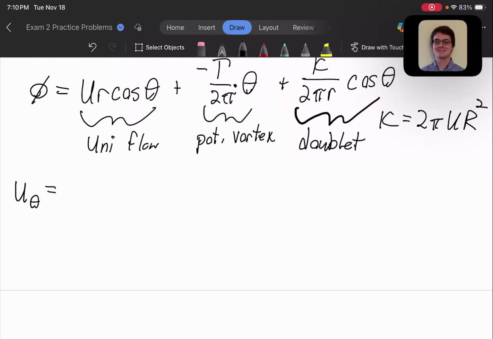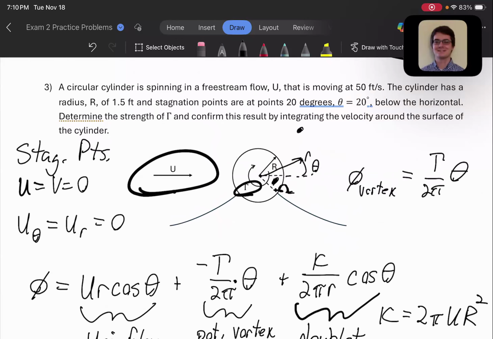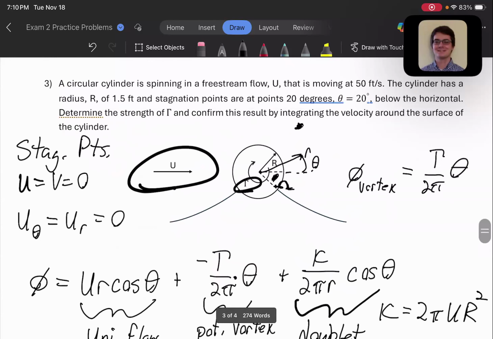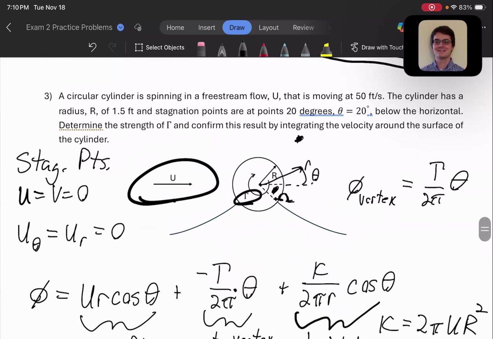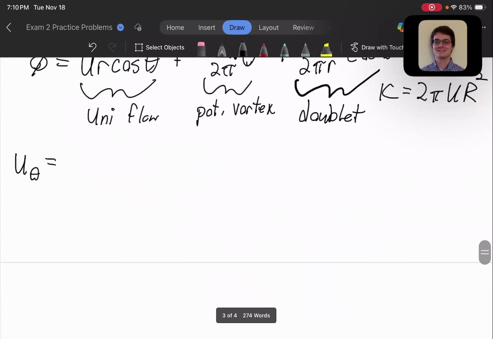Yeah, it's only the case because we're finding the points on the surface of the cylinder. If we're trying to find the velocity over here, then we have to be concerned with v theta. If we're trying to find it out here in space, or sorry, yeah, UR, you need UR and U theta. I said U theta, but you need both to find it out there. Okay. So U theta